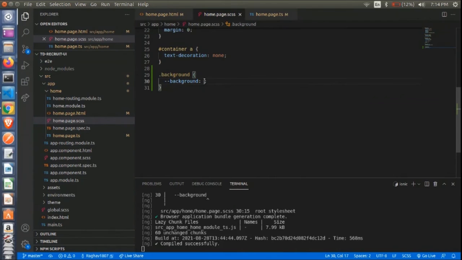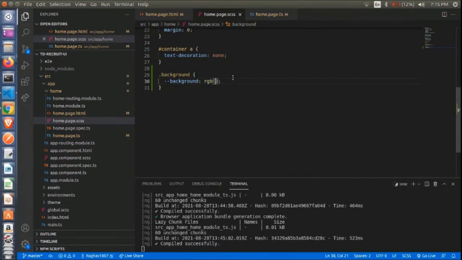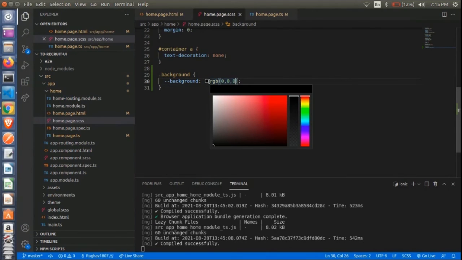Before the semicolon, we can give the color of the background that you want. There are various ways to specify the color. I will be using the RGB format, in which you can specify 0, comma 0, comma 0, after which you can see the black color has appeared, which means 0, 0, 0 specifies black.